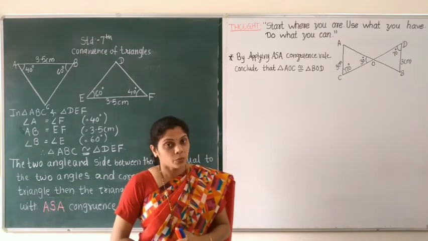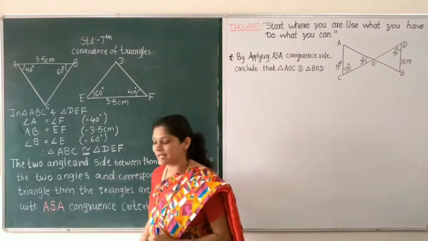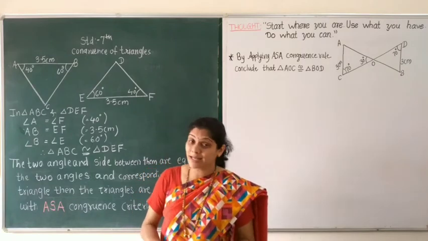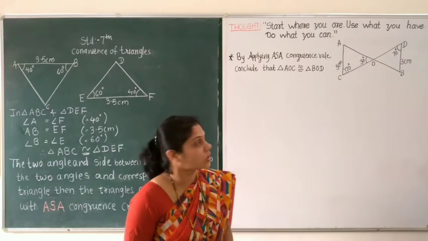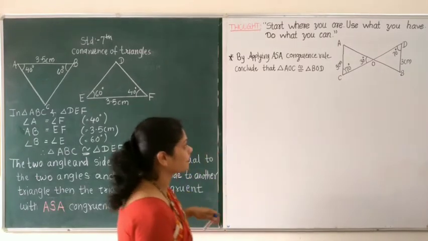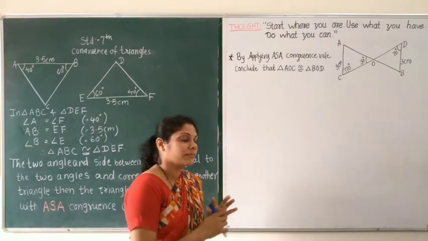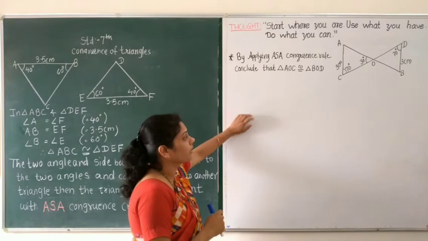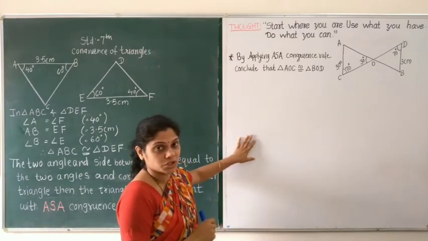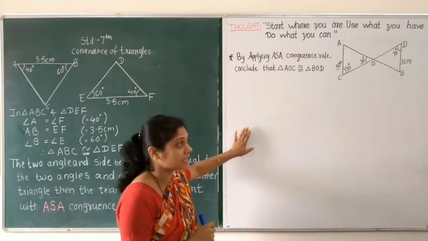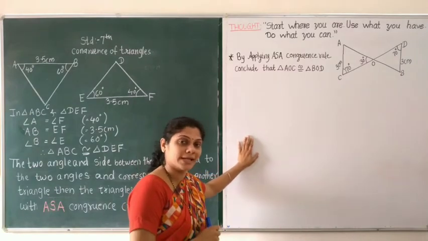Now we will solve one more example which depends upon the ASA congruence rule. There are many examples in the exercise and we are going to solve them, but before that we will solve this example. There is a little more we have to write while solving this question. So watch carefully and listen carefully, because these types of sums are very important for competitive exams and your board exams.